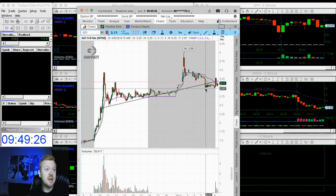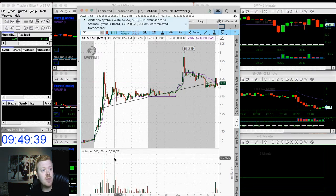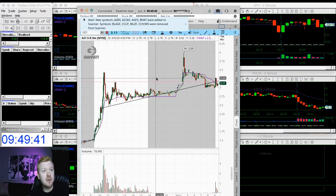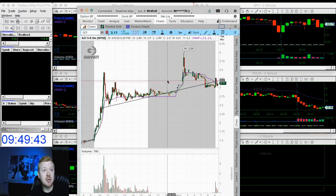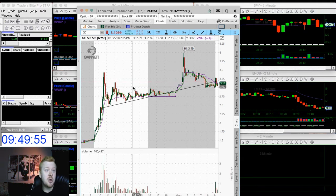So I don't want to predict volume on the long side, but what we can do on the short side is say, okay, there's less volume here. There's not a lot of volume coming into it. What does that mean? Well, it was very hot on Friday. Look at all this volume that came into it. This is telling me what? This is telling me, okay, we're going to have a lot of longs in this play. Some may be underwater. It was opening up at about 309. So we're going to have some longs in this from yesterday that are either break even, underwater, they're up